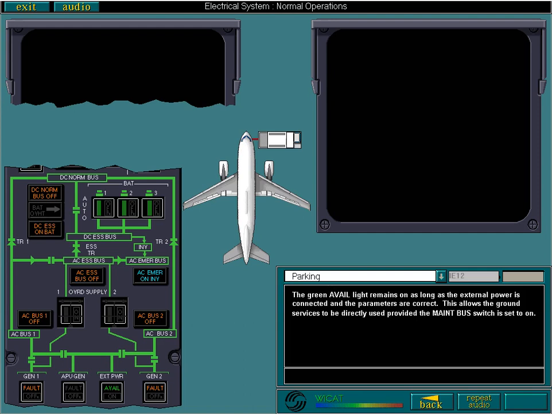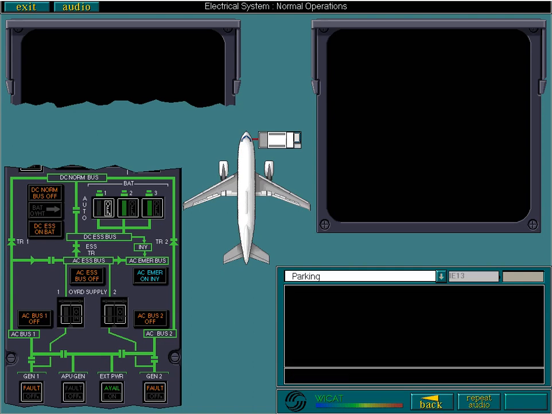Now you must turn the batteries off, working from left to right. Now do battery 2. You've now completed the lesson on normal operations. Now check your understanding by trying the following